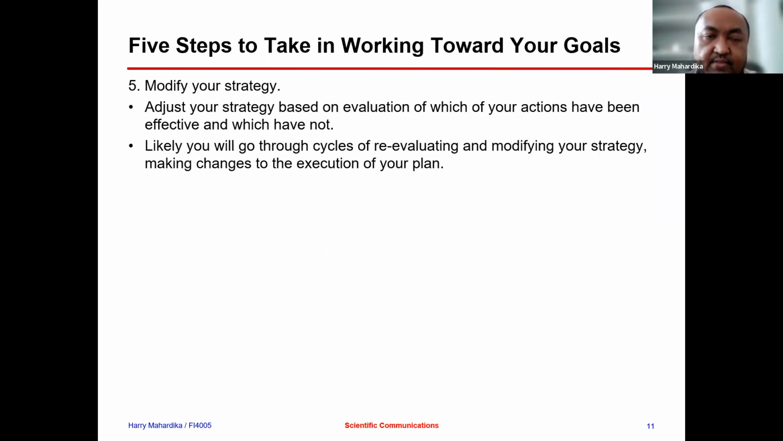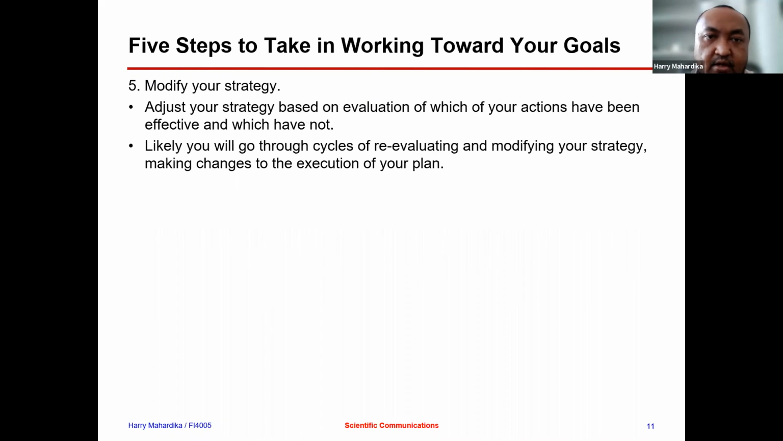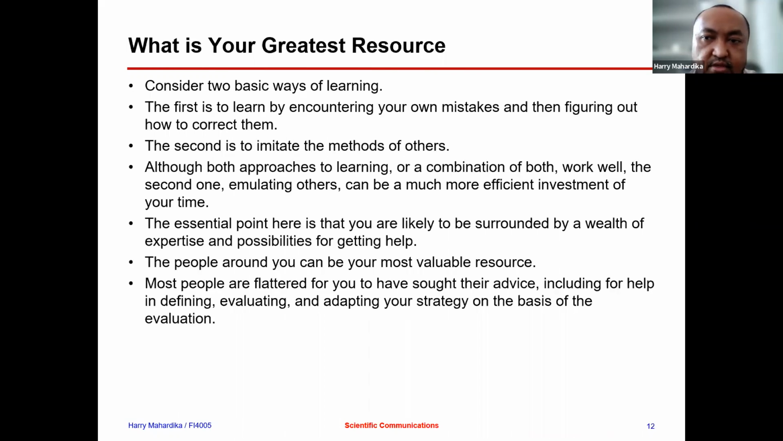And then the last step is to modify our strategy. Adjust your strategy based on evaluation of which of our actions have been effective and which are not. And likely, you will go through cycles of reevaluating and modifying your strategy, making changes to the execution of our plan. Okay, so those are the 5 steps that we need to take in working towards your goals. And then we need also to